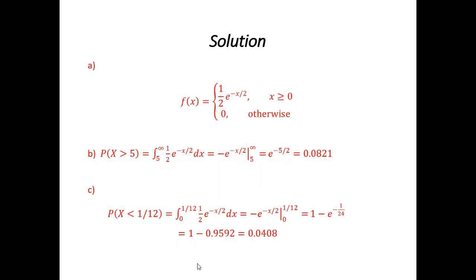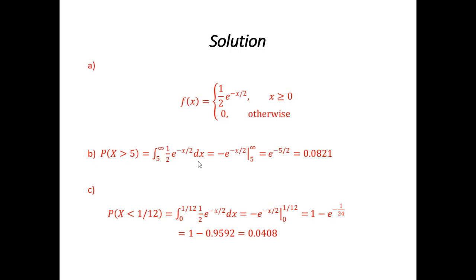So we know that we have an average of 2, therefore our lambda is 2, and our PDF looks like 1/2 times e to the minus x over 2 when x is greater than or equal to 0, and it's 0 otherwise. So in part B, we're interested in finding the probability x is greater than 5. So we can set up this integral from 5 to infinity of 1/2 e to the minus x over 2 dx. So we could integrate that out